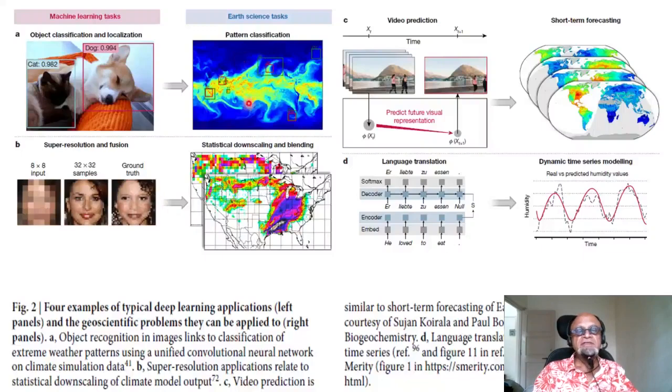tasks. You can see how complicated it is, the scales, but also the details, and it's not just an RGB anymore. You have many colors, and you want to take kind of a global image and, let's say, somehow produce, in this case, a statistical downscaling and blending for the US, and you can see that there are moving systems. So it could be a thunderstorm that is going from the west to east, and if you just focus your deep learning on local data, then you obviously are likely to miss what the history and memory brings to the analysis, or actually the